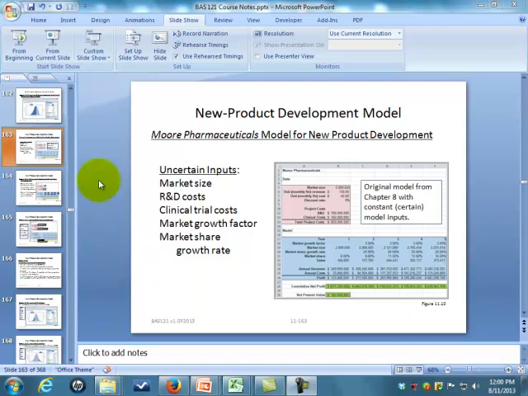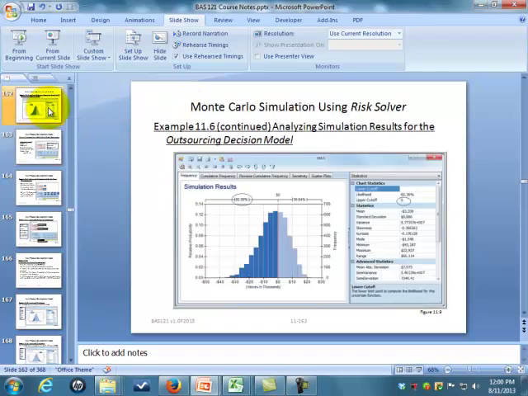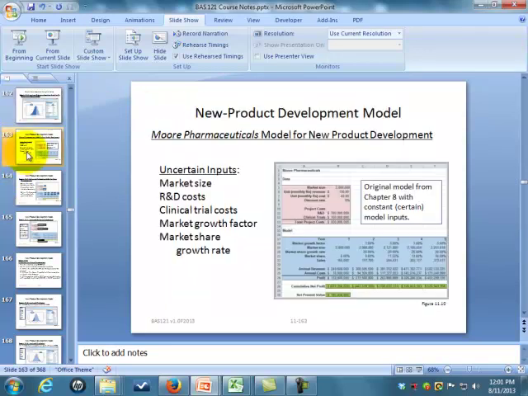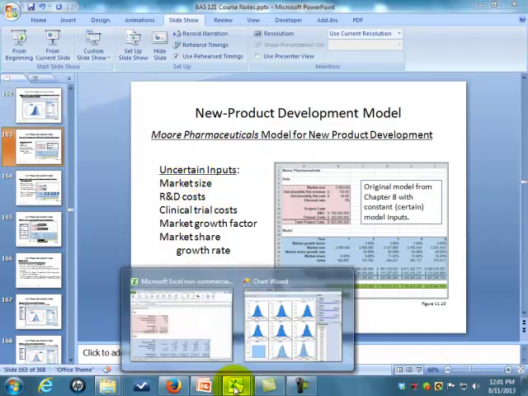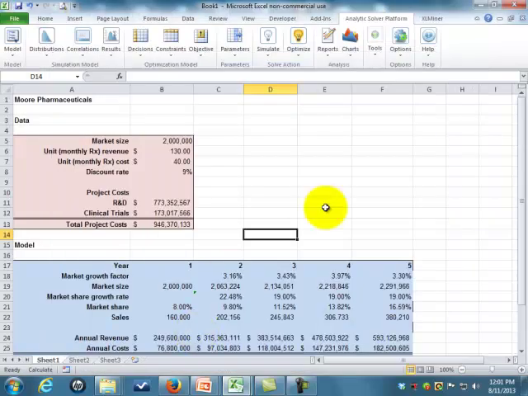We're going through Chapter 11 and we're learning the Risk Solver platform to do some analysis of risk and simulation. In the last video we went through the outsourcing model and saw how we could do Monte Carlo simulations on it. Now we're looking at a new product development, the Moore Pharmaceuticals model, and it's telling us it wants to create some uncertain variables. So if I call up the Moore Pharmaceuticals,